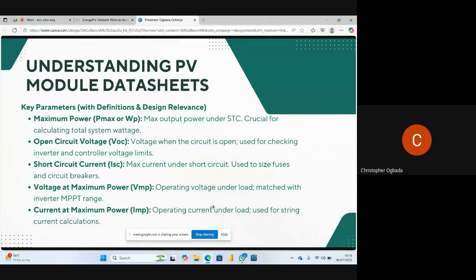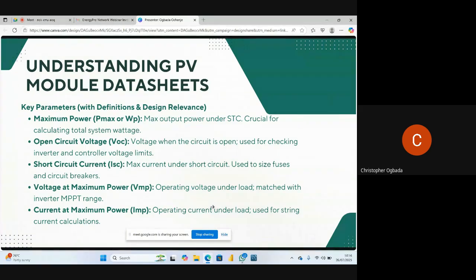When you want to select an inverter, there are key parameters you look at, not just the load. For a hybrid system, for example, you look at whether it is able to take the particular amount of PV that you want to use for your load. There is even a rule of thumb for sizing the PV power, which I see a lot of installers miss out on. In this presentation, we're going to be looking at it as we progress.